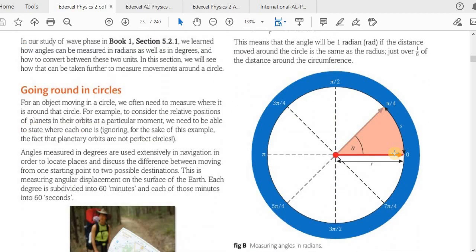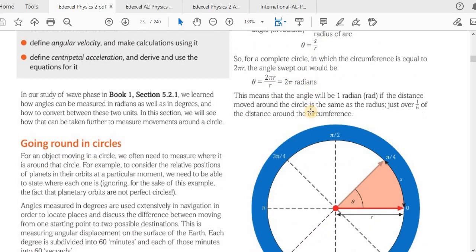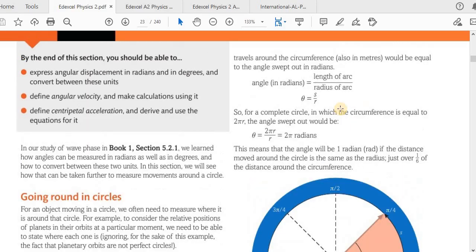So if it covers the full circle like that, then it travels a distance which is the arc length 2 pi r. It is actually the circumference of the circle. Then divide by r, the radius of the arc or circle, which is r. Then r cancels, you get this. So this means that the angle will be 1 radian if the distance moved around the circle is the same as the radius. So if S is equal in length or distance to r, then you get r over r, which is 1 radian,